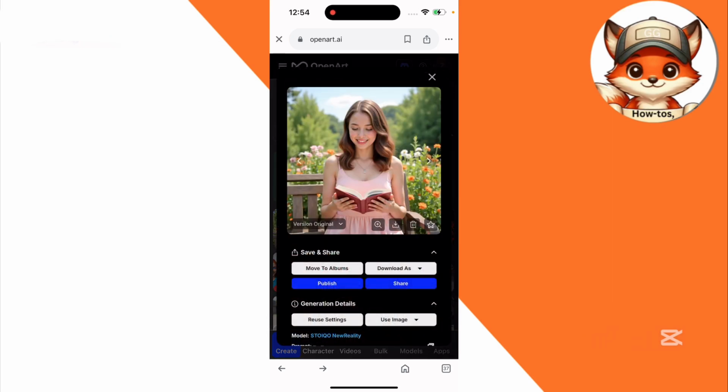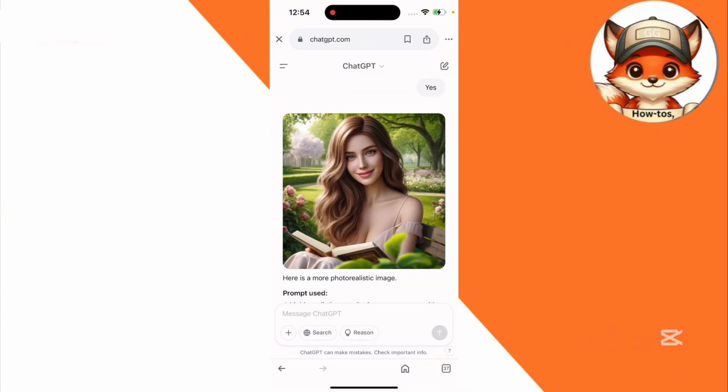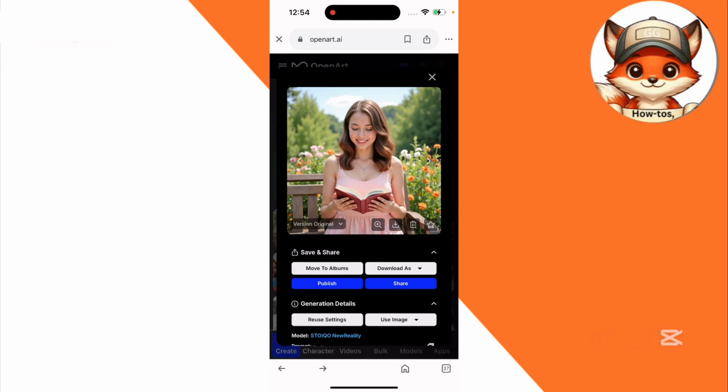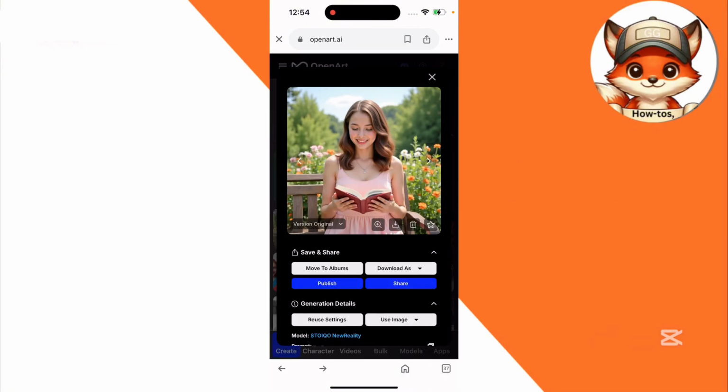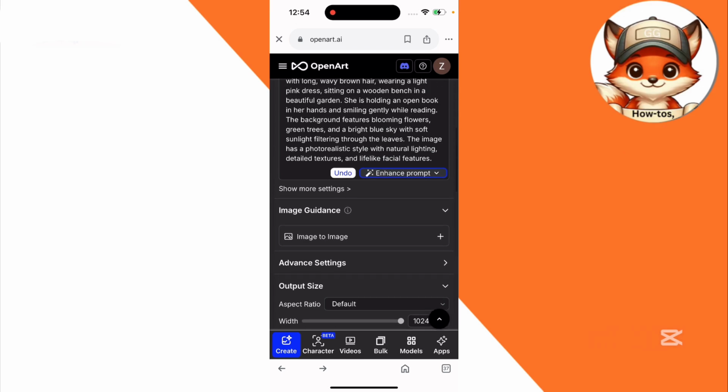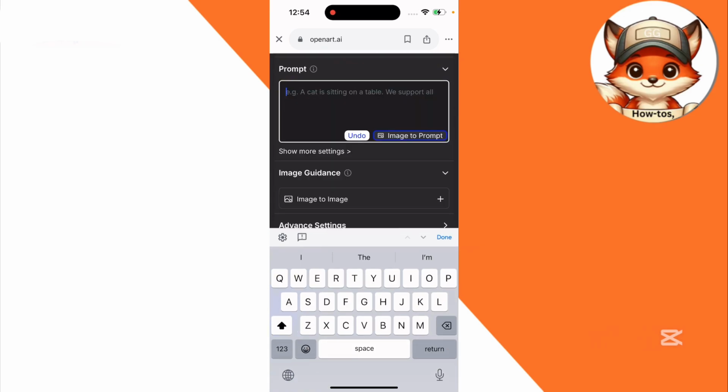Now if I compare this image with ChatGPT's image, you can see the image that ChatGPT has created for us, and here you can see the image that this app has created for us. They don't look that similar. Now let's create an image here. Now delete all this. Okay, now write a girl with black eyes wearing a white shirt